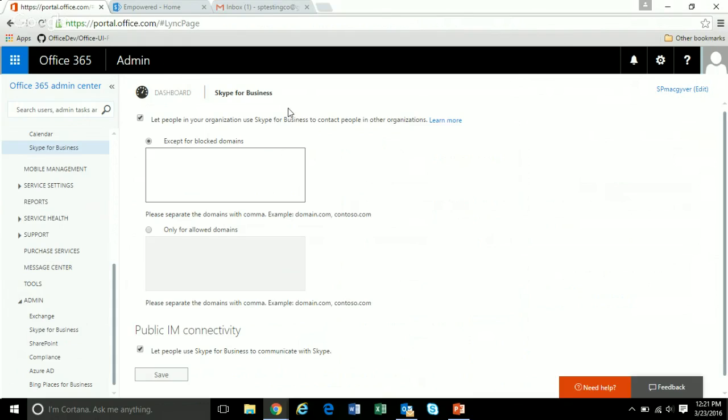If I don't have a Microsoft account associated with mycompany.com, like it's not Office 365 or Outlook.com, then I can associate my company account to my live account. That way it passes that authentication over to Office 365,